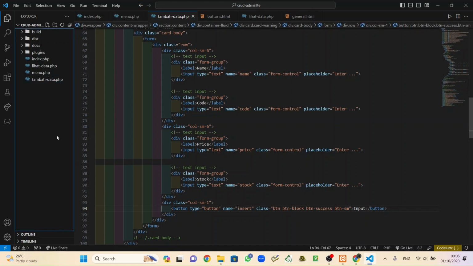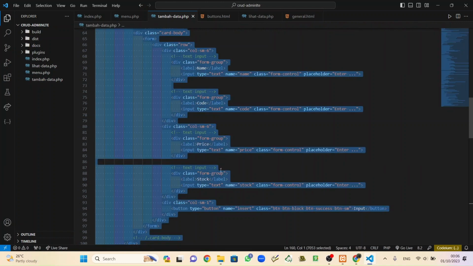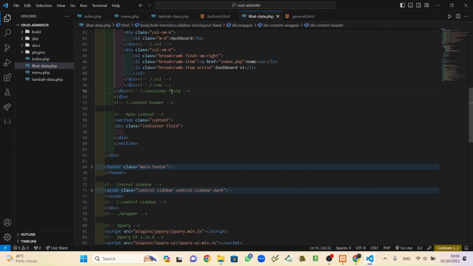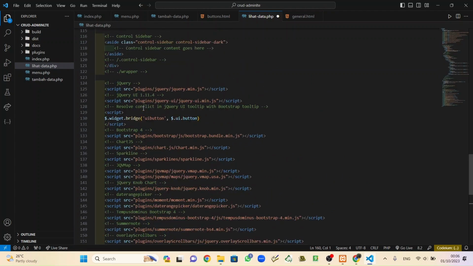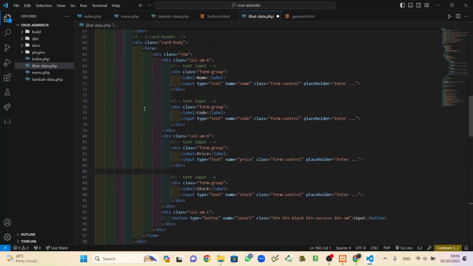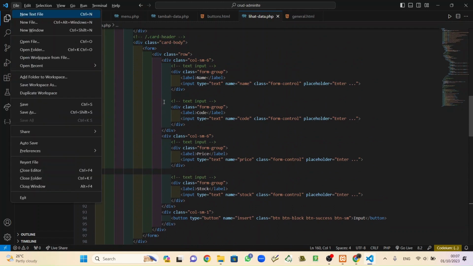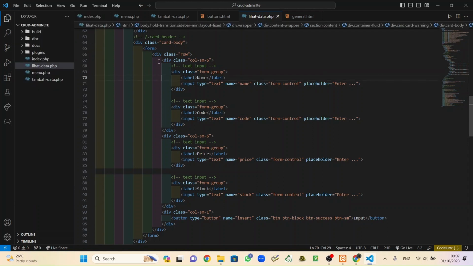And then move to the lihat data. Lihat data, maybe we can copy, Control A, Control C, all the things from tambah data and move to the lihat data, Control A, backspace, Control V. Okay, Control save and change. And then remove the form.